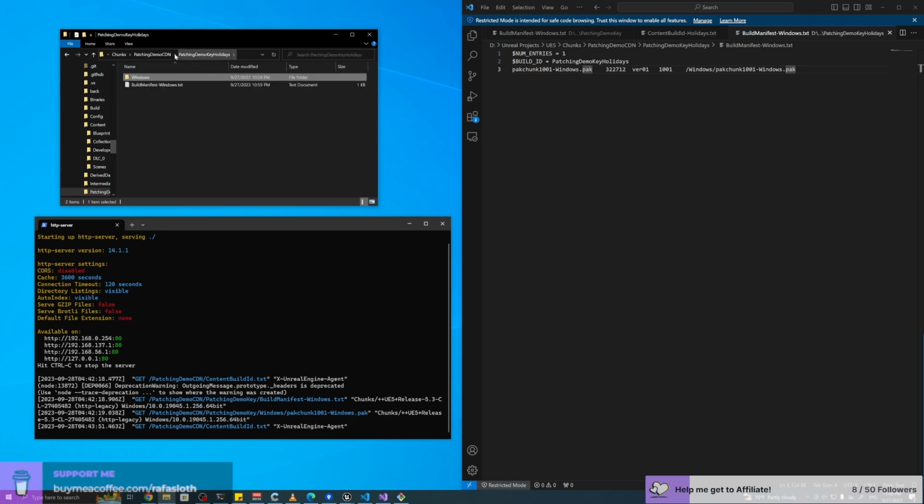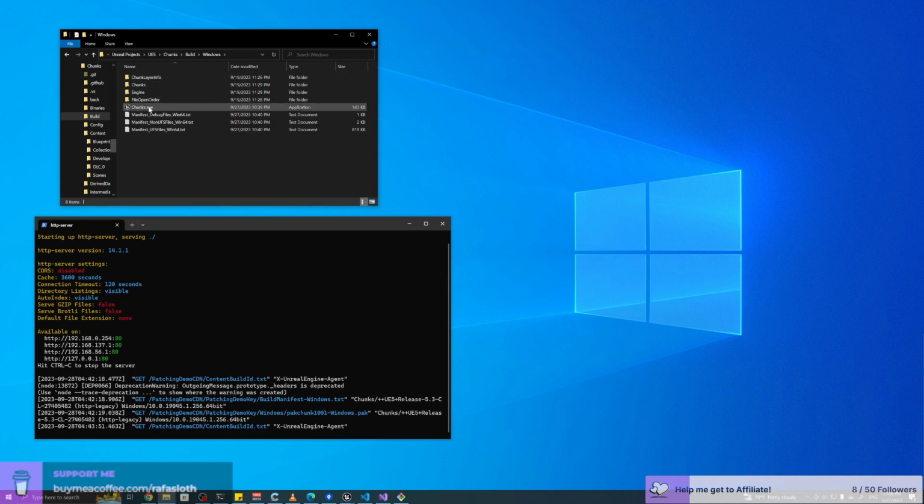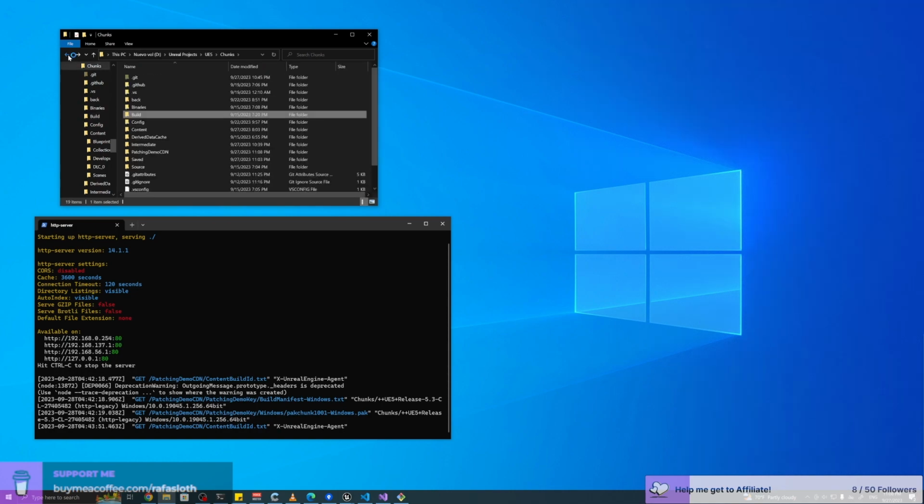I basically created a holidays mod, a DLC just for the holidays. So I'm just making my cube prettier by making it purple just during the holidays. Restart the game, go back to the web server files.